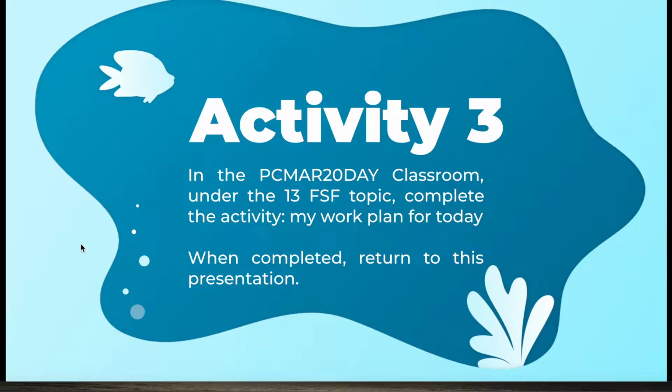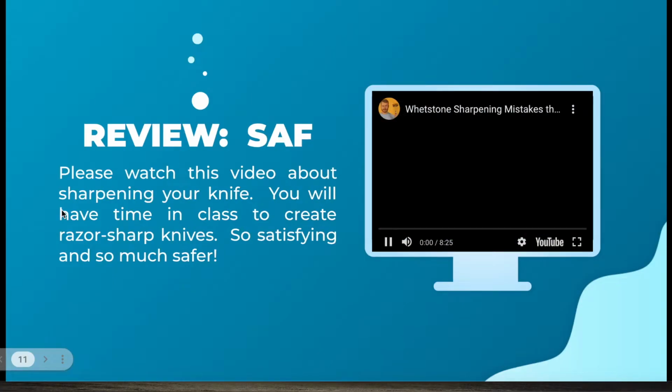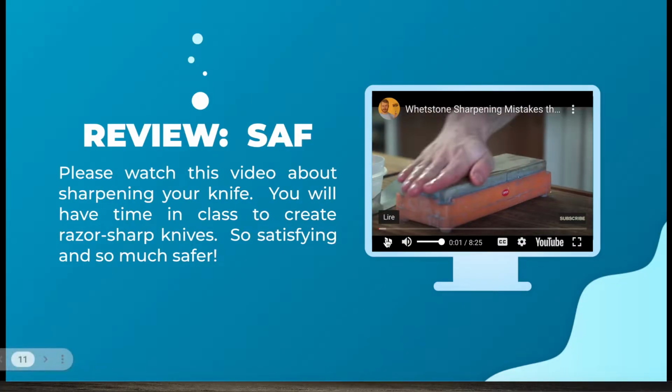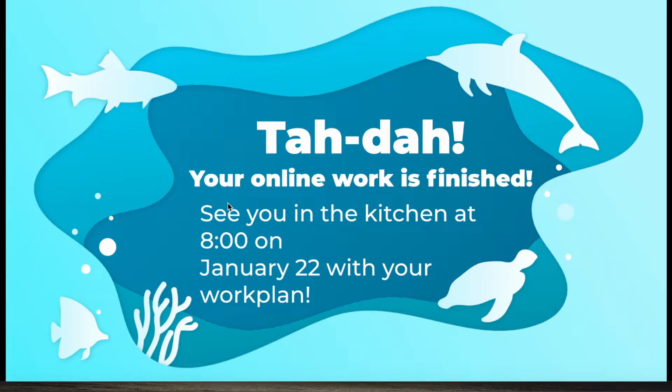They have a final activity where they're going to have to organize their work based on the videos that they've seen. So they're going to go to the learning management system, organize their work, submit that. They come back to the presentation, and there's a little review on safety practices. In this case, I want the students to make sure they have sharp knives, so I want them to do a little review on why we sharpen our knives. So I put that in there, and then ta-da, their online work is finished. That's the way a clickable lesson plan works,